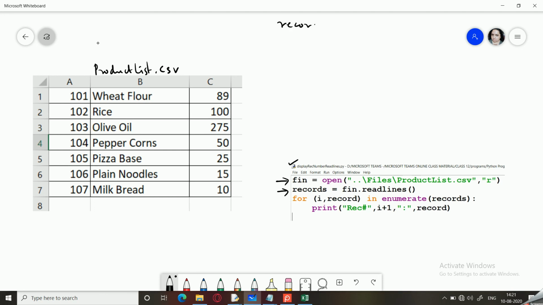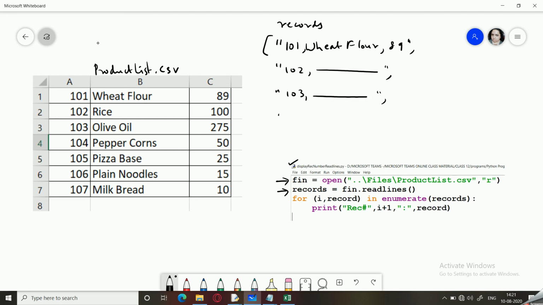It would be a list which will contain these values: 101 comma meat floor, 89, 102 and the content, 103 and the content, 104 and the content, and this way up to 107.